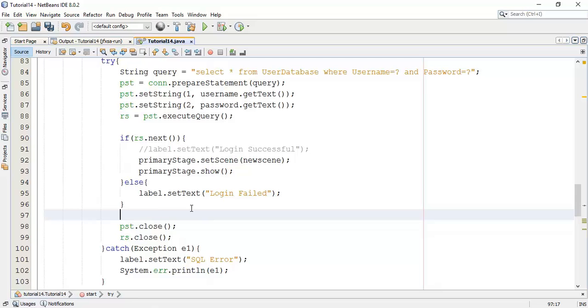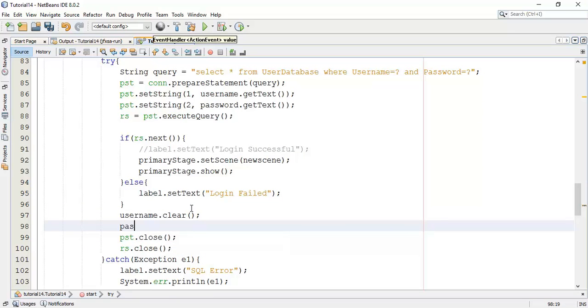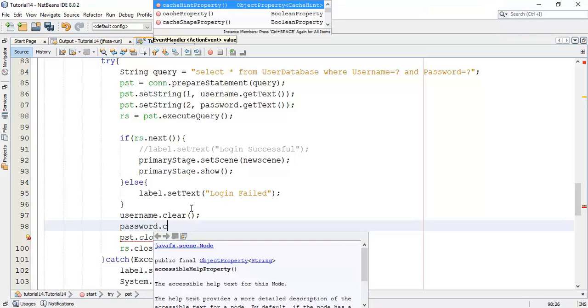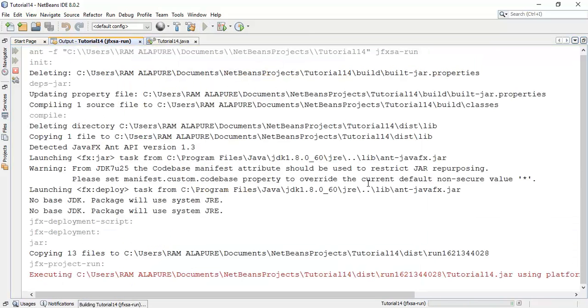So I'm going to set username and clear. Next, password field and clear. So when we log out from the second scene, it will automatically clear the username and password from the login form. So run it again and check whether it works properly or not.